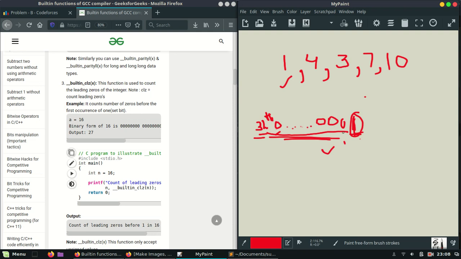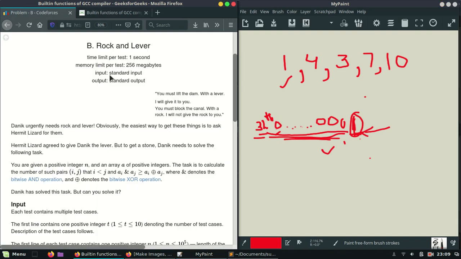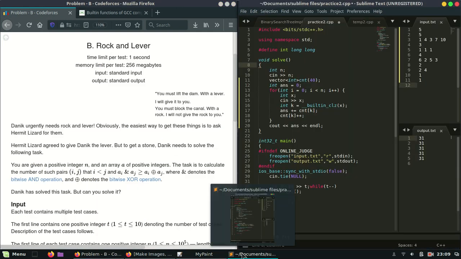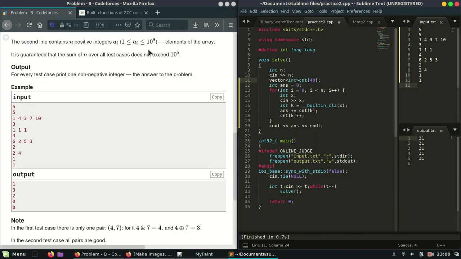It basically returns the leading zeros, meaning how many zeros are in front of the first one. Let's move on to the code now. We will make a vector of size 40, named count, and run a loop till n.